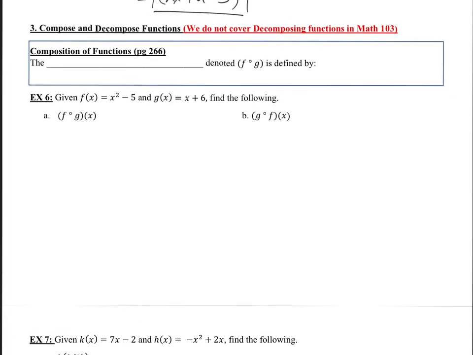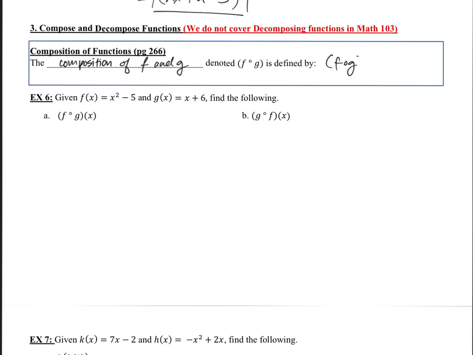Now for Objective 3, compose and decompose functions. Please note, we do not cover decomposing functions in Math 103, just composing. So for composition of functions, the composition of f and g, denoted f, and notice this says of. It's not the multiplication symbol. The multiplication symbol would be filled in. This is open. So f of g is defined by